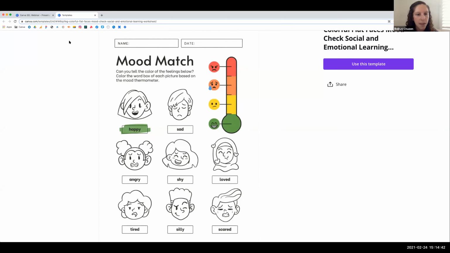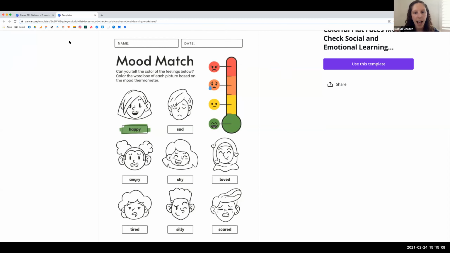Happy would be green, right? Love would be green, versus maybe shy might be in the yellow. And this is really subjective, so you may see them come in a couple different colors, but you're trying to check for understanding to see, do they know how the feeling thermometer works? Something you can even add is circling which one they're feeling in that moment. And you can use the thermometer to do checks,